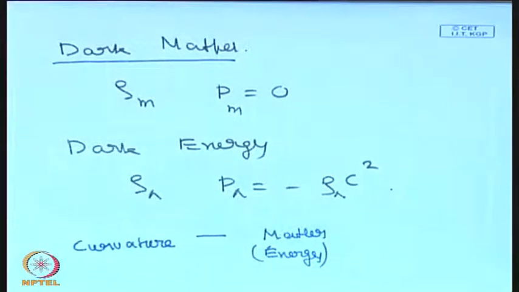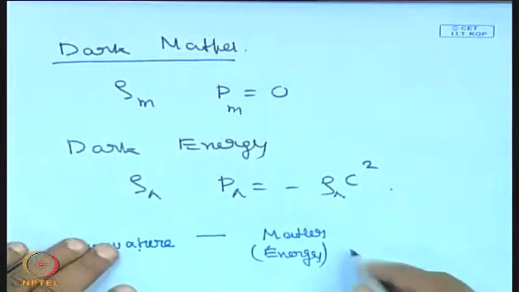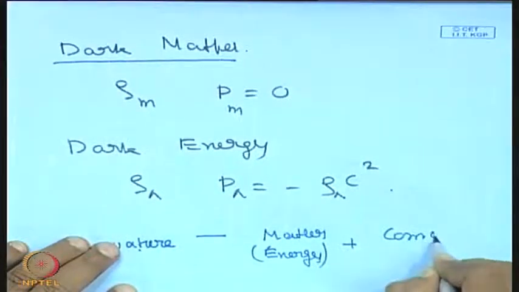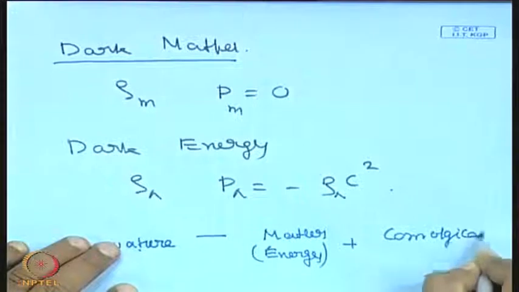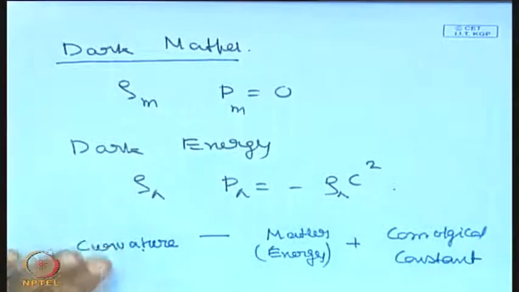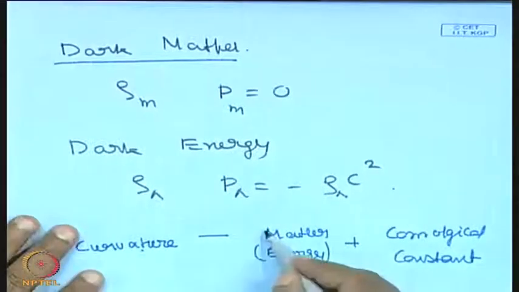It is basically a relation between the curvature of space time and the matter energy density. But you also have the freedom of introducing something called the cosmological constant, which is basically a constant, which is also a source for curvature. So suppose there is no matter,